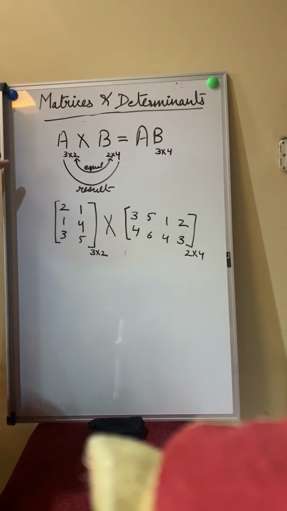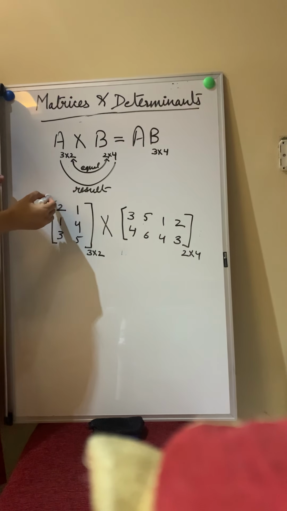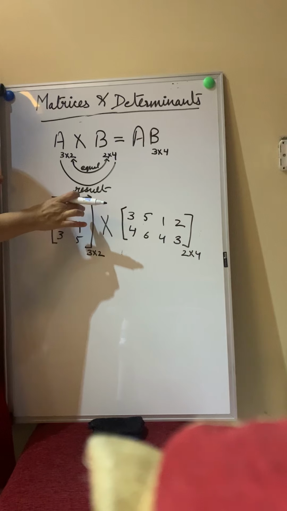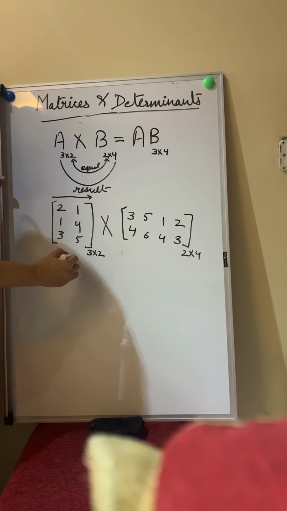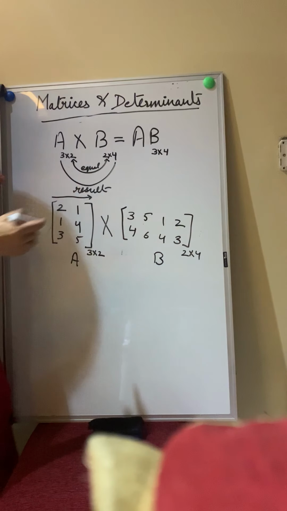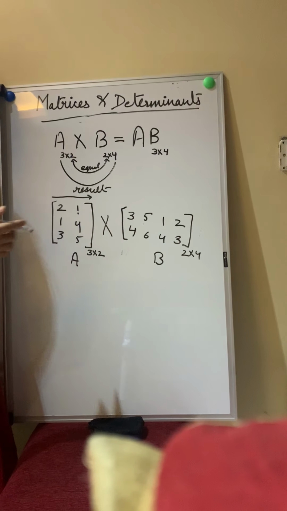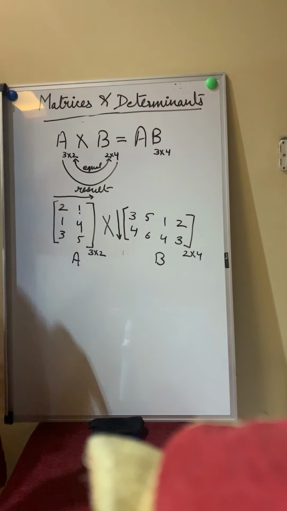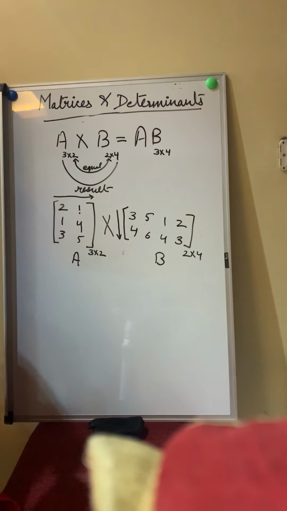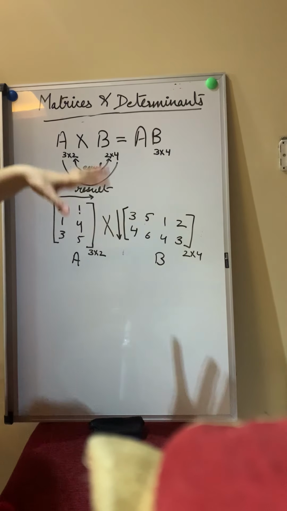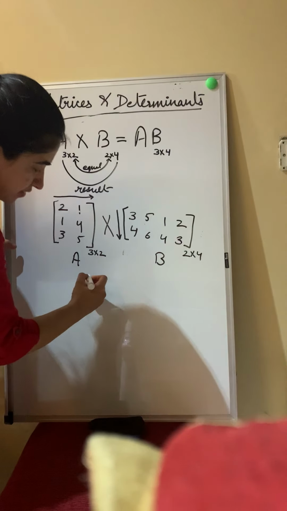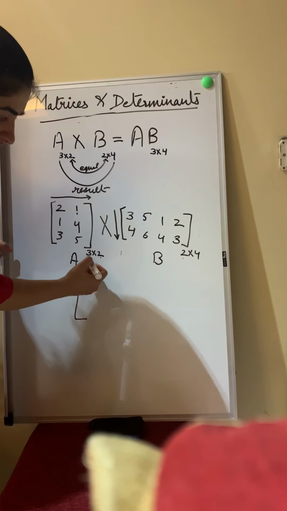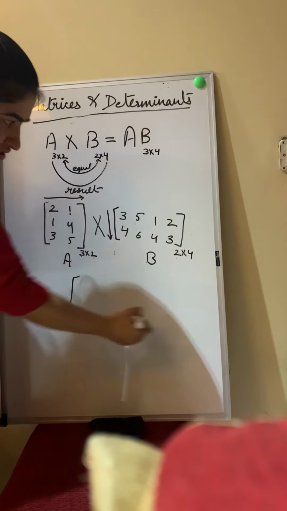Now we can multiply these two matrices. So what we learned from here is that the number of columns of matrix A, this is matrix A, this is matrix B, are equal to the number of rows of matrix B. Now we will do the multiplication part. After this, I hope you have understood the order. The 2 and 2 are the same, and the resulting matrix will have the order of 3:4.